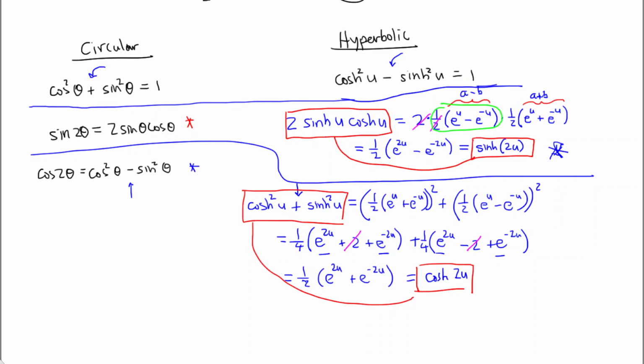All right, so I think what I'm going to do here is conclude in a few minutes. And before we go, I think what I might do is just paste up, without proving, some other identities in the circular case and the hyperbolic case. And you can see how some of them are similar, how some of them are different. Maybe take this as a challenge to prove some of those new ones on your own. I think it's kind of fun to see how some of them are the same and some of them are different. So I'll paste a few up here in a minute, but otherwise,